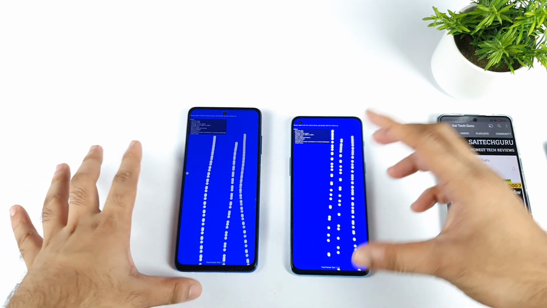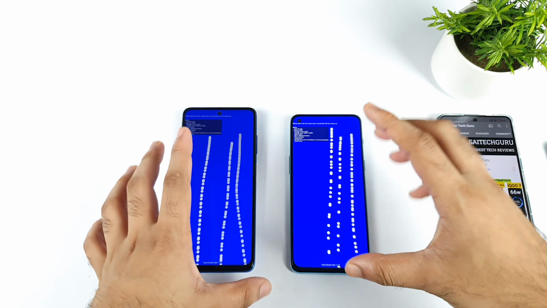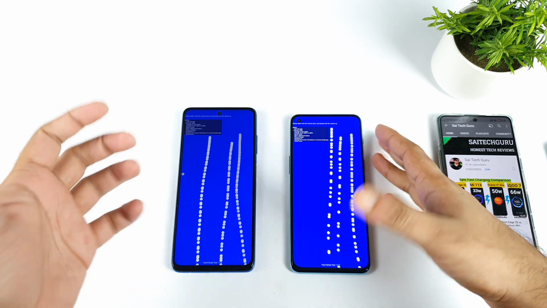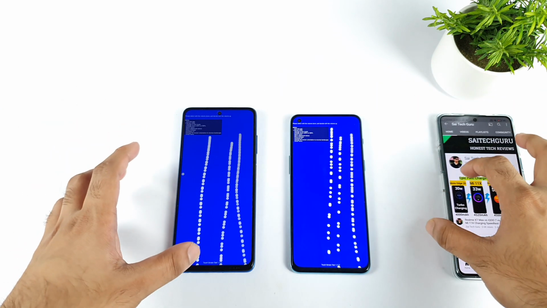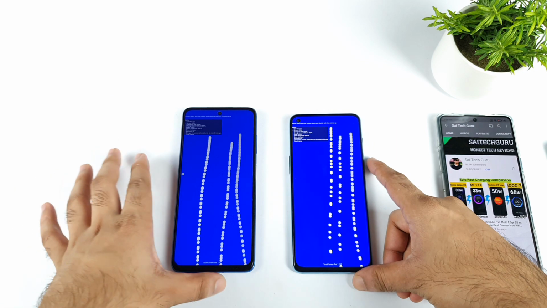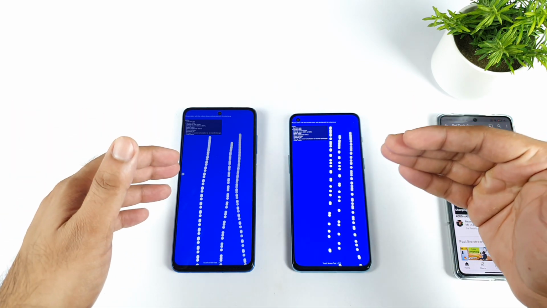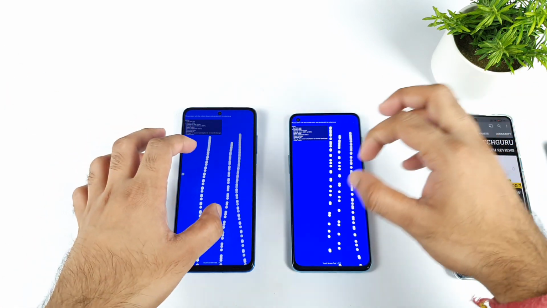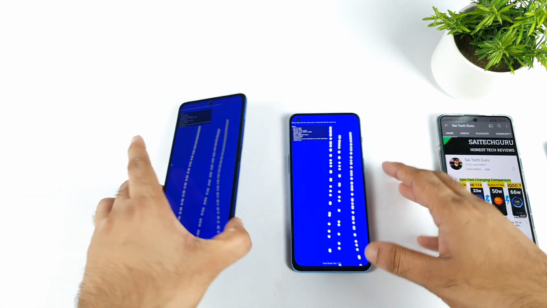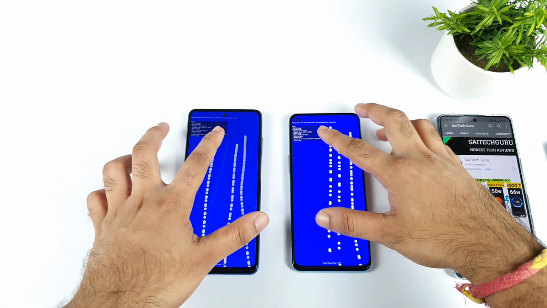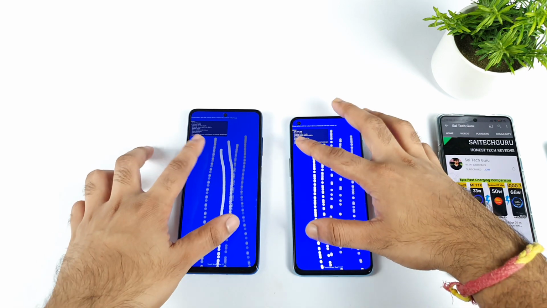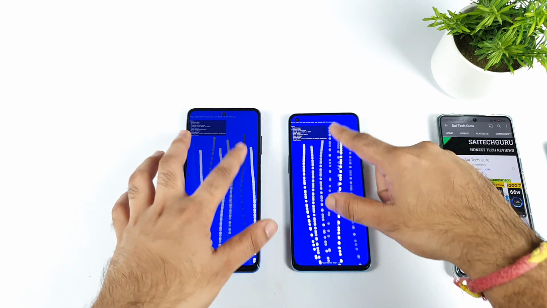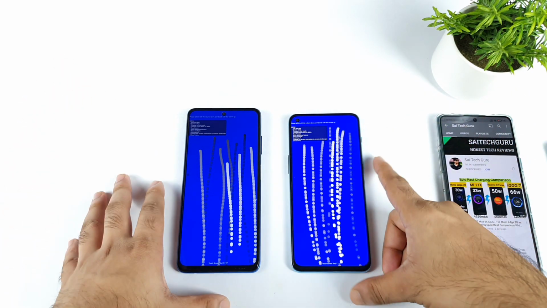This is what happens if you're not aware before buying. As I said, this is not a major thing, but it should be a compulsory thing for a premium range segment mobile phone. If you're buying a premium range segment mobile phone, we expect everything to be at the highest level in 2021. That's not the case with the OnePlus Nord 2, only in the display. The phone has 120 Hz and everything, but in the display segment I'm not completely convinced by the OnePlus Nord 2, even after long-time usage. I'm not sure why, only in the display. I'm not complaining about anything else. But for the gamers, this is the most important thing, so you should definitely take care.